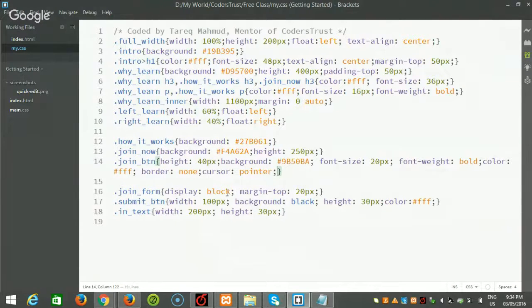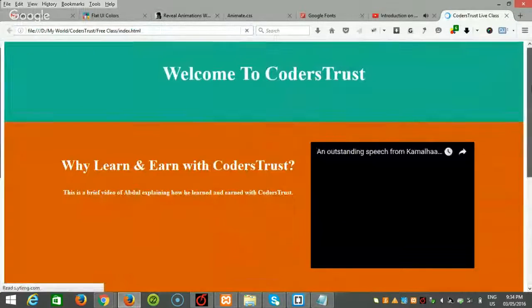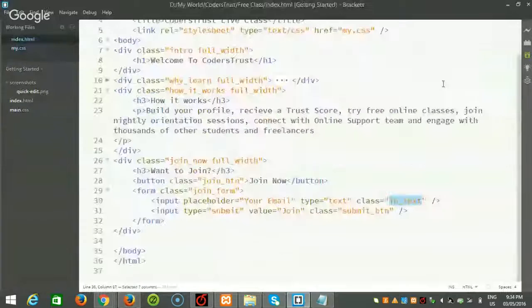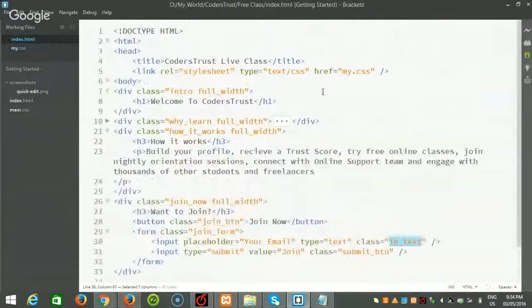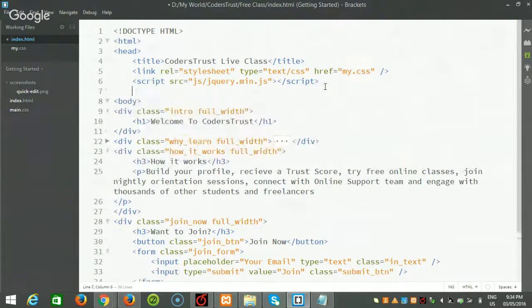Well, now I'm just displaying none. That means it will not be displayed now. Okay, but you can see the cursor has been changed. Well, for now we'll use jQuery. I want to show this form when clicking on the join now button. So we'll just include our library for jQuery. So I have given this jQuery.min.js and we'll do some code,